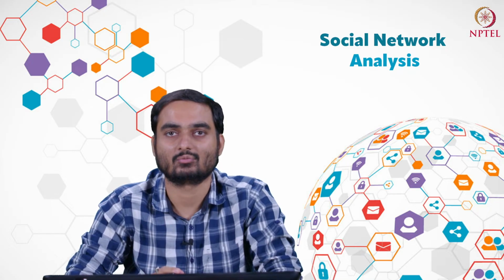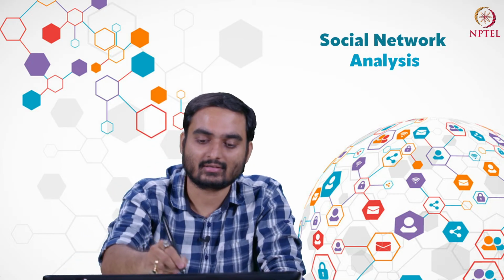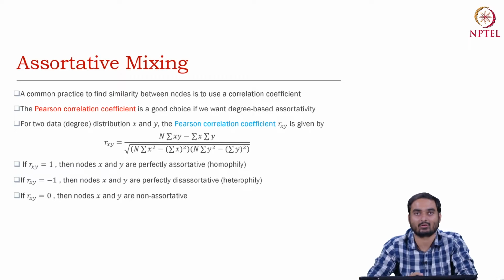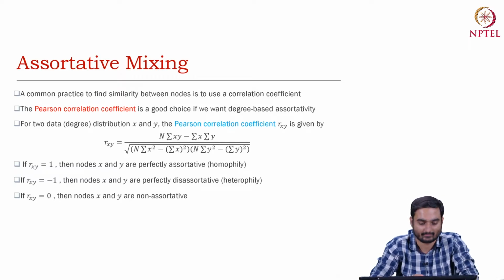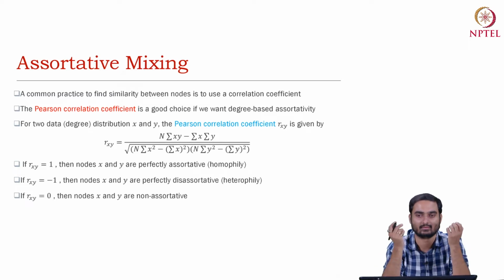assortative mixing. So what is assortativeness? Assortativeness is a very important concept in network science. It basically says whether the same types of users are linked to each other or not. Okay, let's say you have